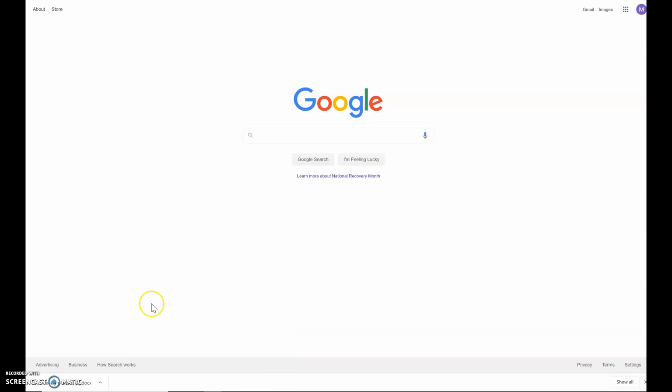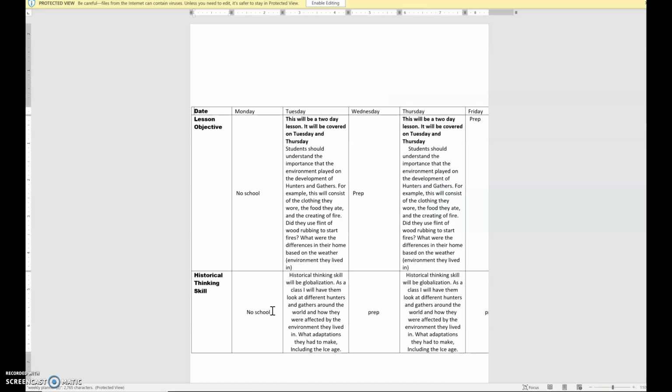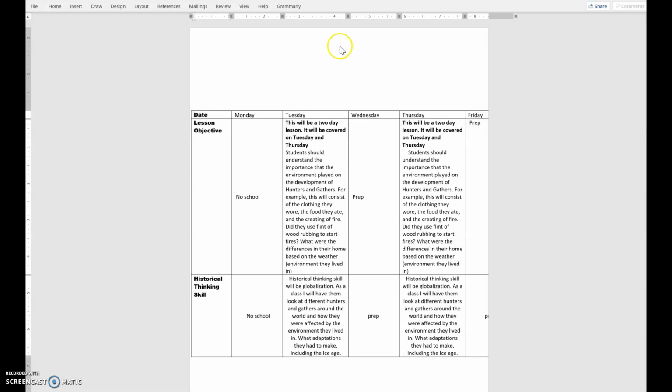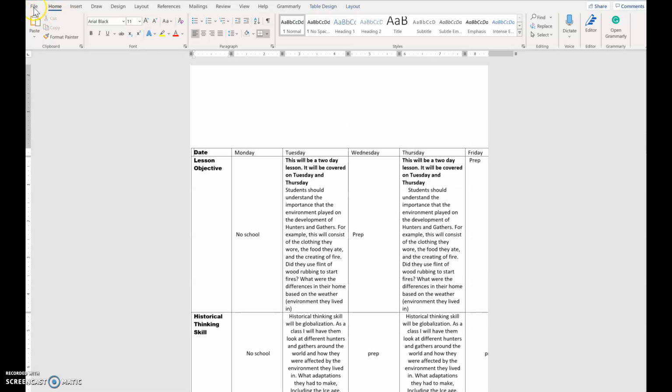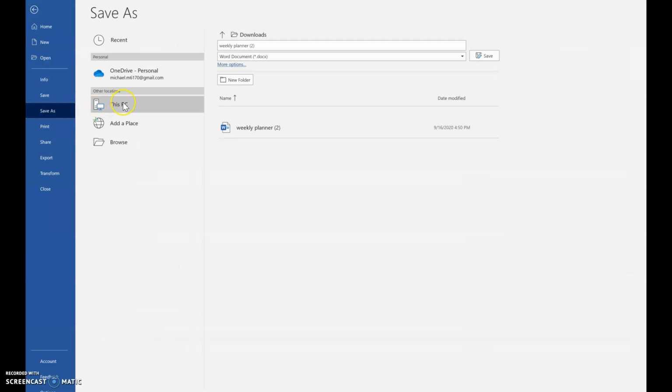So now, when you download a document, you're going to want to click it. Wait for it to open. And once it opens, you're going to want to click Enable Editing. Once you click Enable Editing, you're going to want to go to File, Save As, double click this PC,